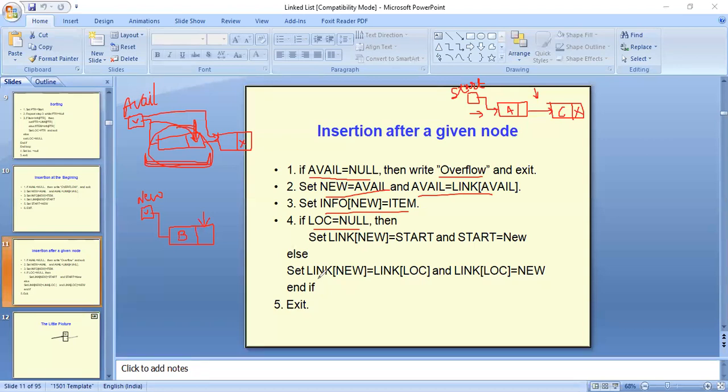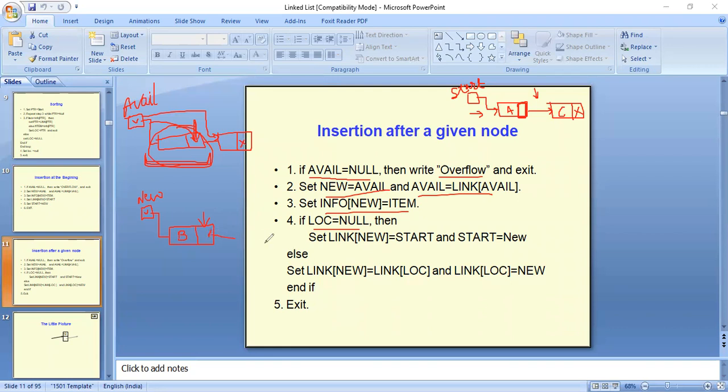Let's say our location is 1. So location of 1 means we have to insert after 1. So we will update it with the link part of the first node. So this address will be provided to the link of new.